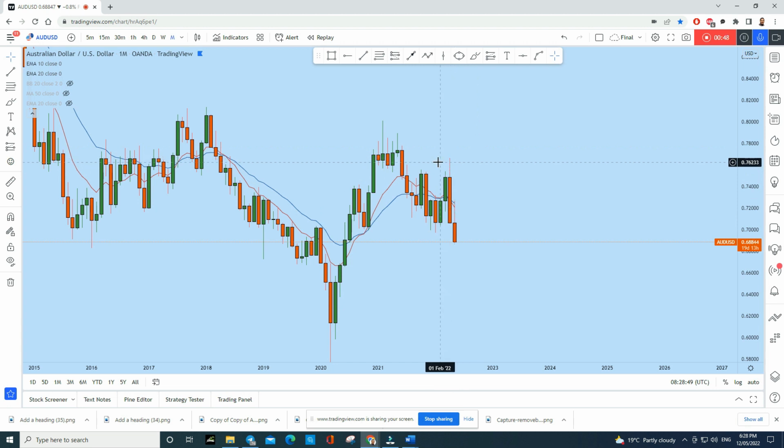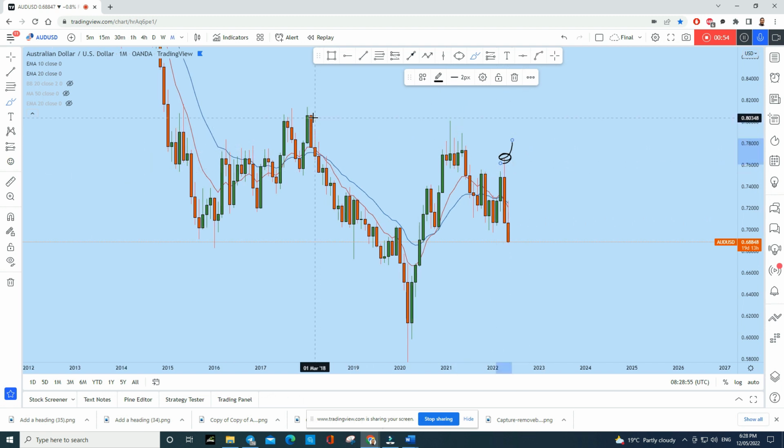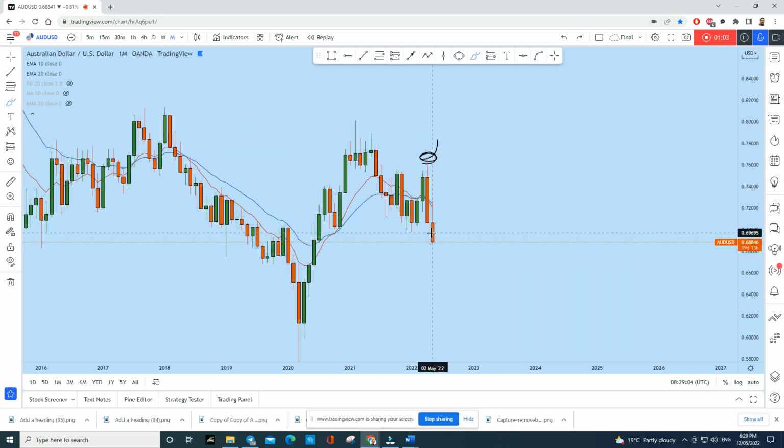This is a very strong bearish candle. When you see this kind of candle in other instruments as well, look at this one here. When you see this kind of strong rejection, you can expect the price to go a lot. With that being said, this monthly candle after the previous month such a bearish engulfer, we have seen a significant